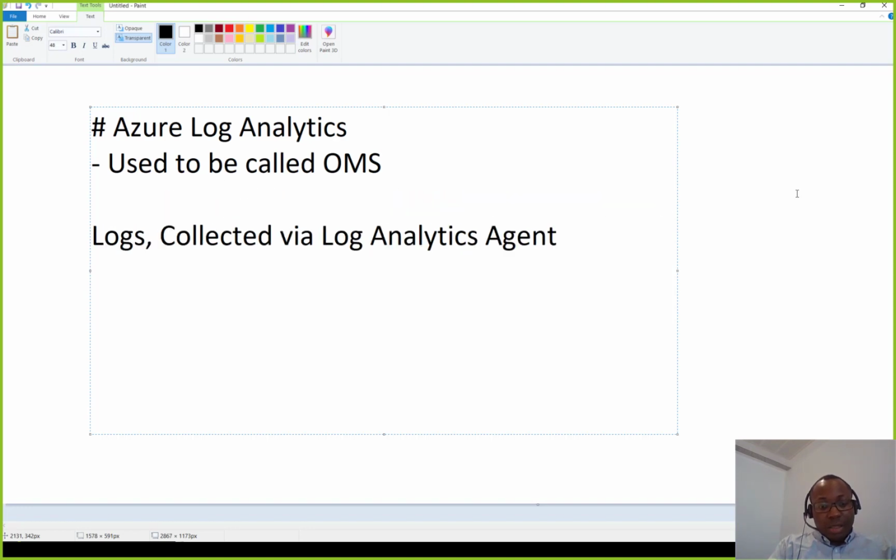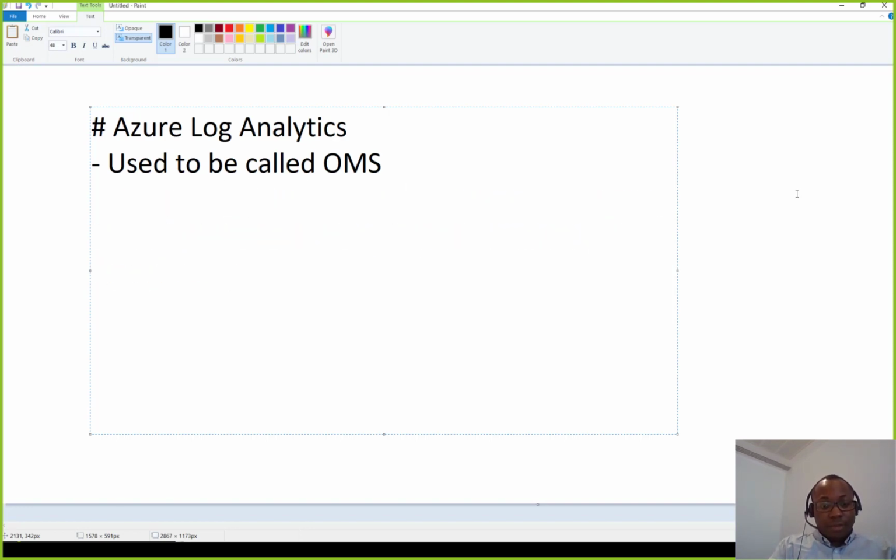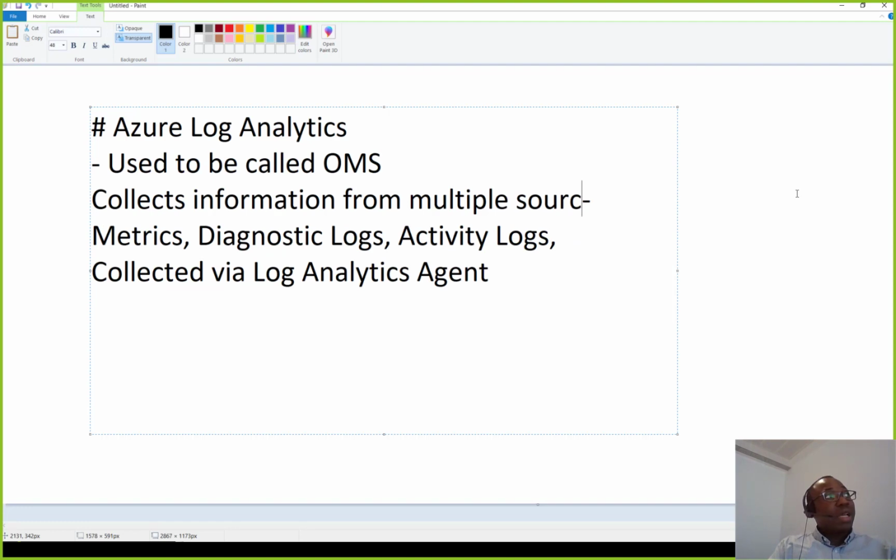We collect information from multiple sources, and the information is not just limited to Azure machines. That information could be from machines that you're hosting on premises or in AWS. You can install the Log Analytics agent on them and collect this information, and it goes into your Log Analytics store. And then once you've collected them, you can analyze